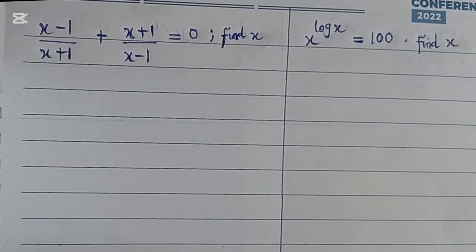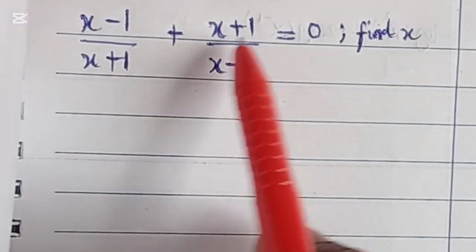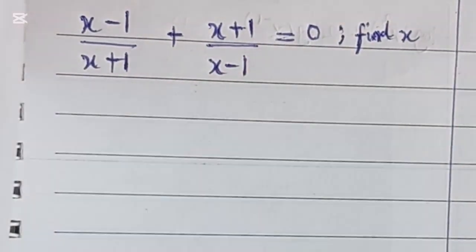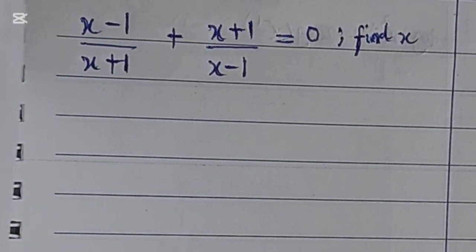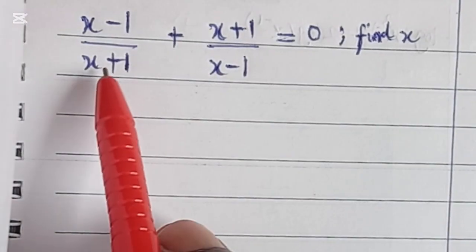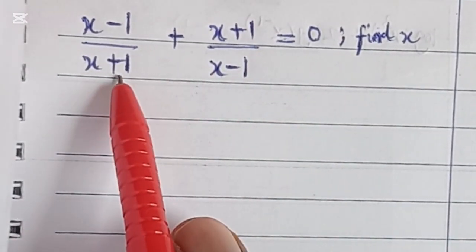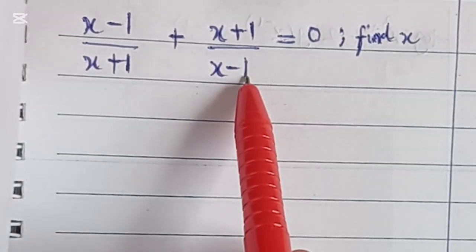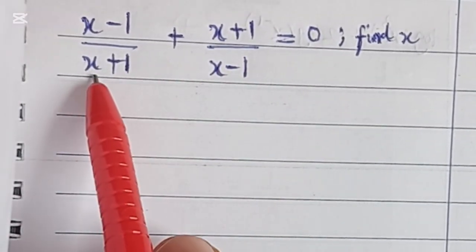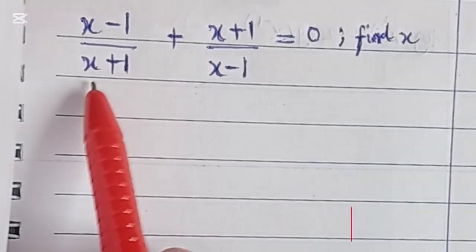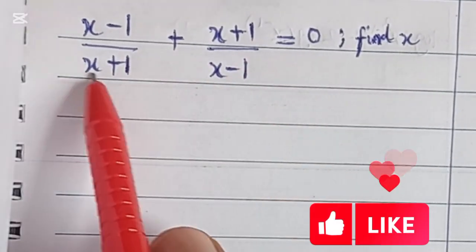So the first is (x minus 1) over (x plus 1) plus (x plus 1) over (x minus 1) is equal to 0. So how do we find x? How do we solve for x? You know that at the bottom here, we have x plus 1 and x minus 1 as the denominators. Ideally, when you're solving an equation like this, you want to look for the lowest common multiple. But because both of them carry an unknown, an x, you can just use the product of the both of them as the